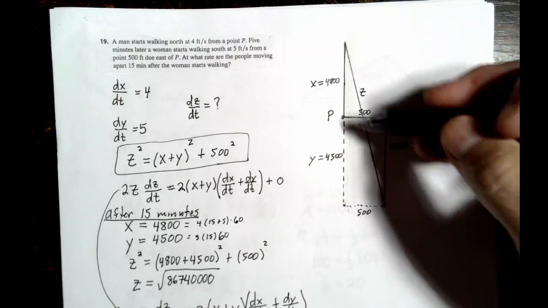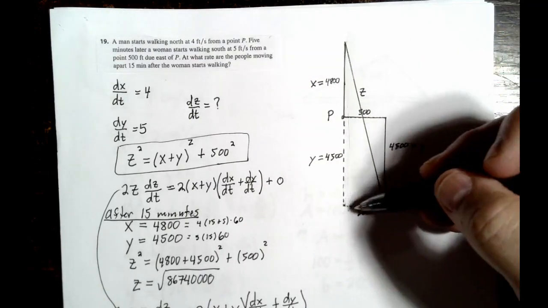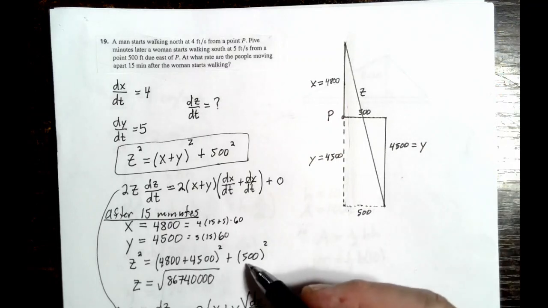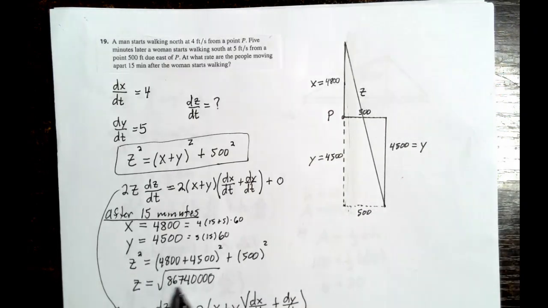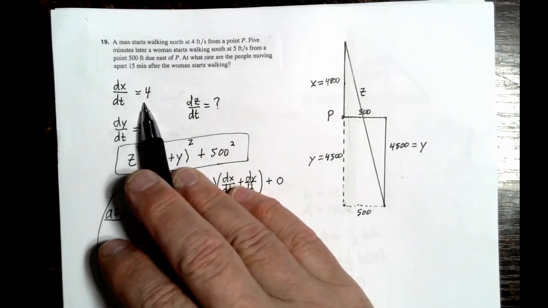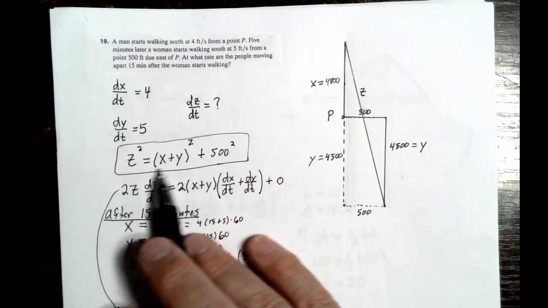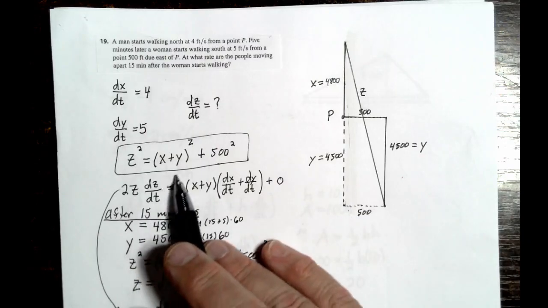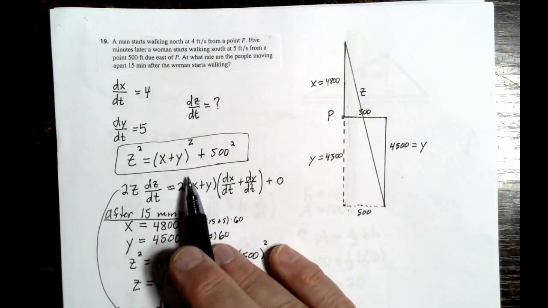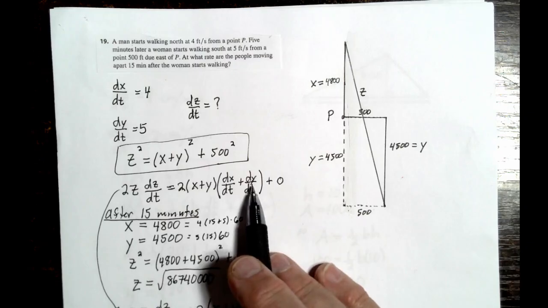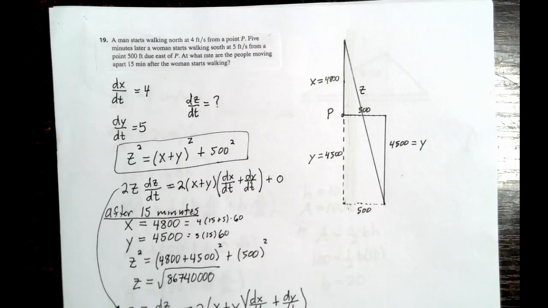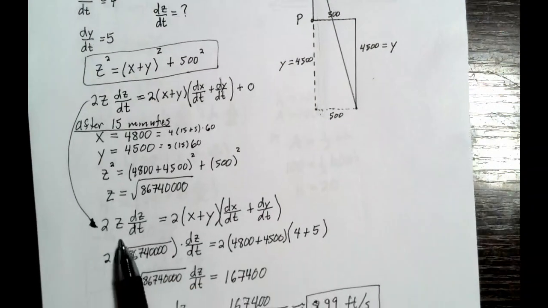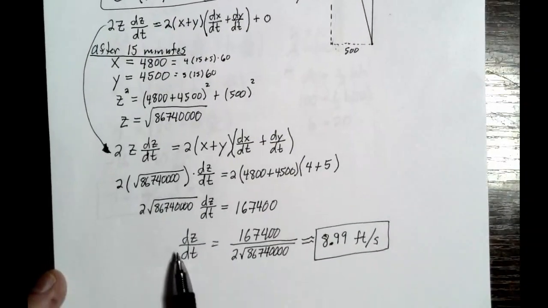We can say z squared equals (4800 plus 4500) squared plus 500 squared. And so you get z equals the square root of this huge number. So basically we know what x, y, and z are. We know what x prime and y prime are. So now when we take the derivative, we get 2z z prime equals 2(x plus y)(x prime plus y prime) plus 0, derivative of a constant is 0. So now we plug in the 5 out of the 6 that we know, and we crunch everything down, and